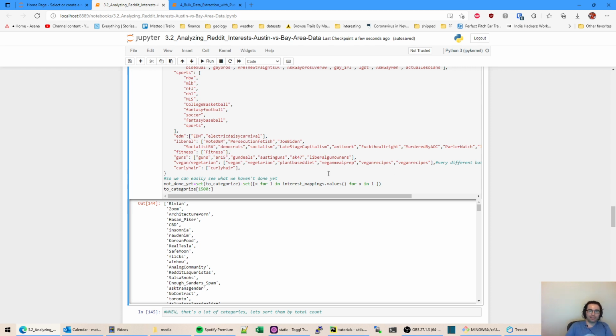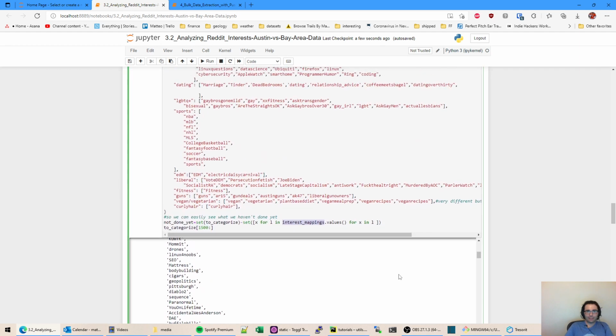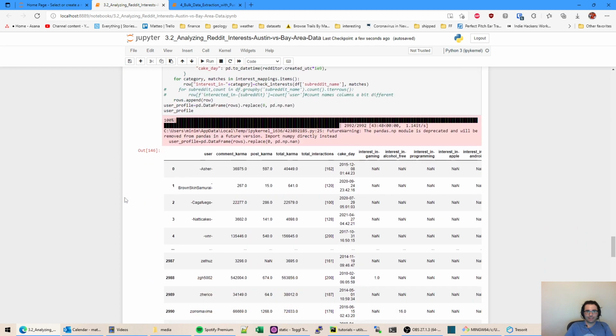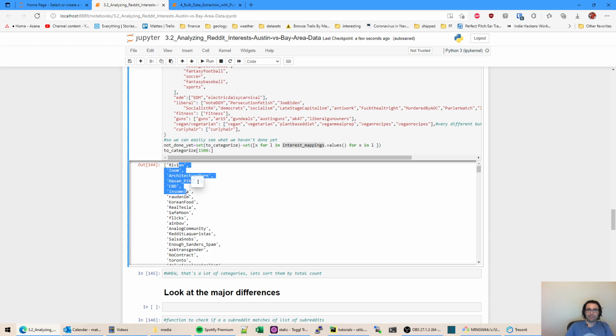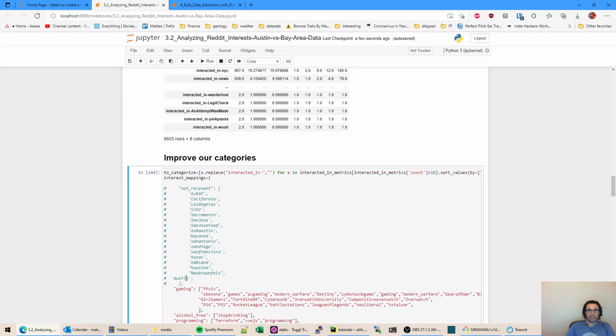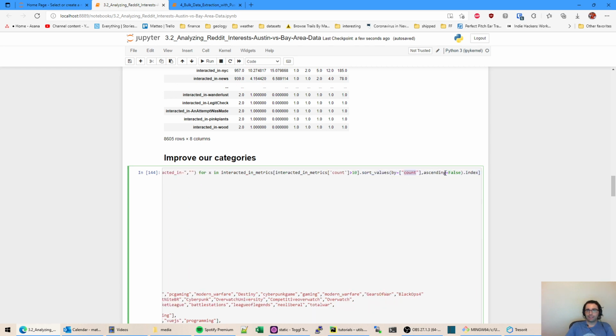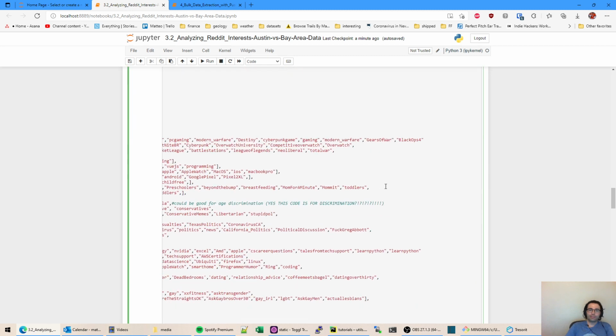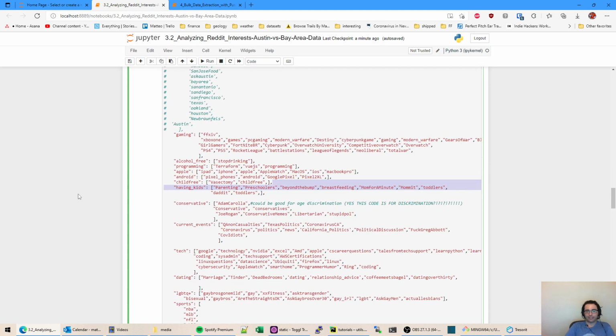Your brain can work pretty quick, and maybe you miss things. It's not too bad. I believe I've sorted things by, at one point, I sorted these by how often people posted and things. So I only took the people who had more than 10 interactions in a subreddit, so that's count greater than 10. And then I sorted by the count, ascending false, so it's going to be top down. Most interactions in common are placed at the top of the list.